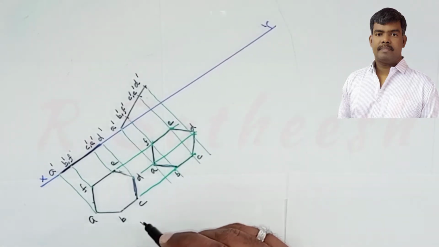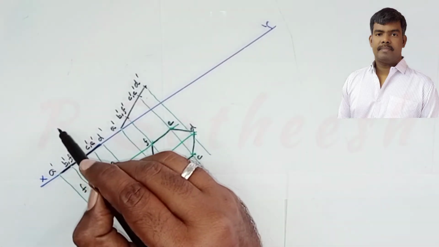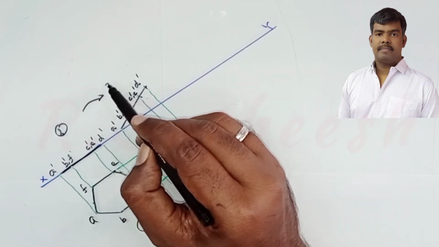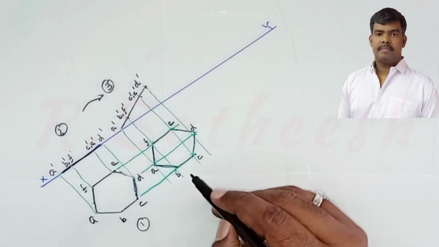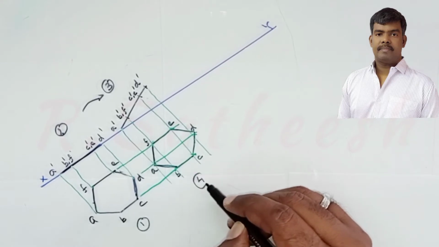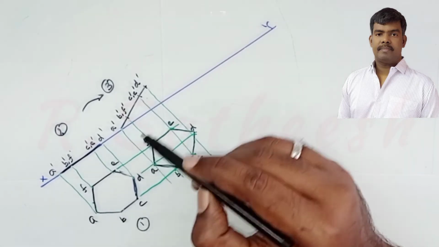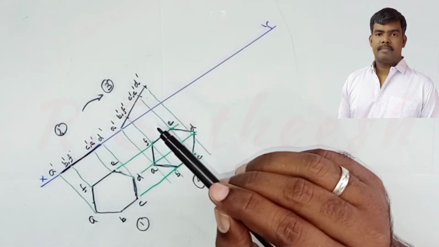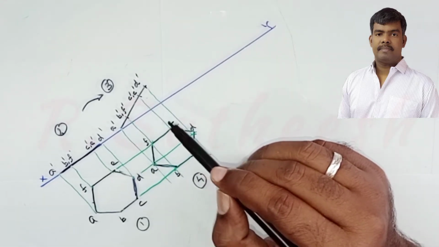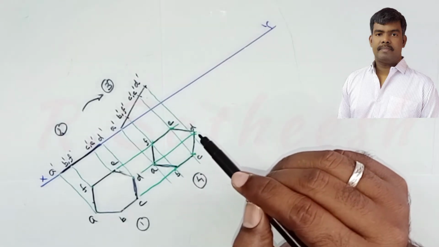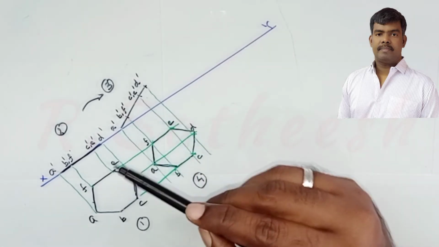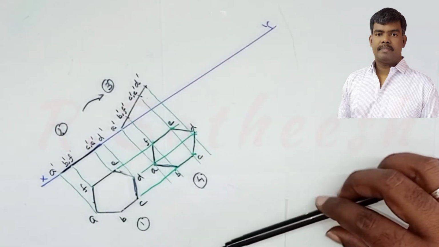So this is the first diagram, this is the second diagram. The second and third are the same shape and size. We get the third diagram, then we get the fourth diagram. Now the surface makes an angle of 35 degrees to HP. That's over. In the same problem, the top view is inclined at 40 degrees to the VP. So after inclination to HP we get the top view, and this top view is at 40 degrees to VP.